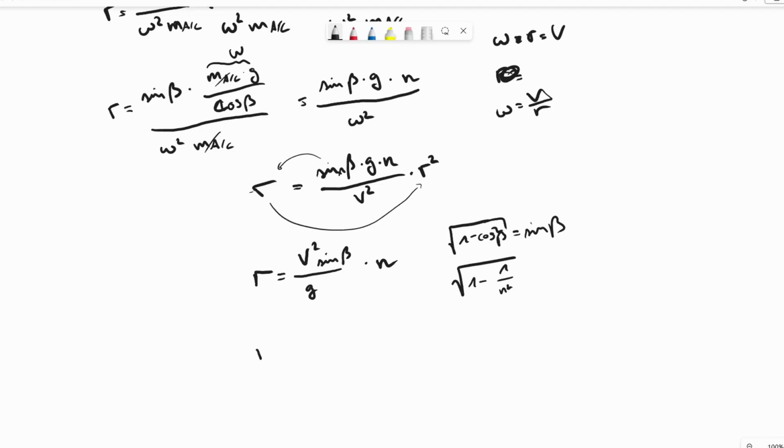Okay, so r equals v squared divided by g times n times square root of 1 minus 1 over n squared. Okay, now we can plug this into the equation here, into the square root, so r equals v squared divided by g times,